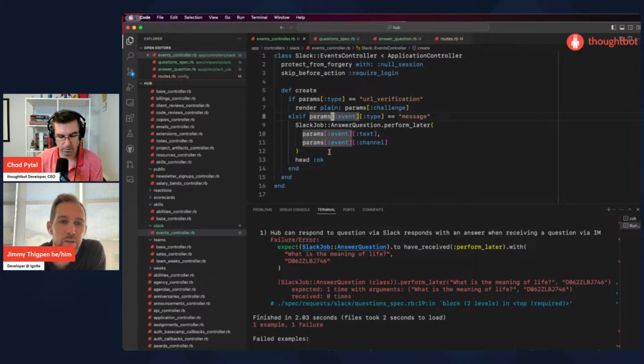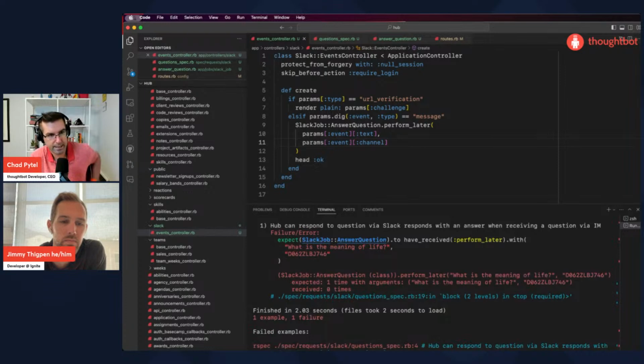You just put a question mark when you're digging in the properties. Yeah. So if we use the dig method, then we wouldn't have that problem, because it's not going to error. It'll just give it to us if it exists, and it'll be nil if it doesn't, and it won't match. So that should be fine. And if we get here, then we know that it already exists. Let's run the specs. I expect them to pass.